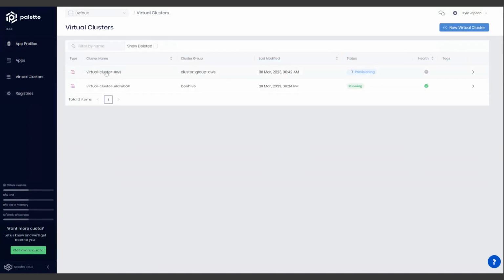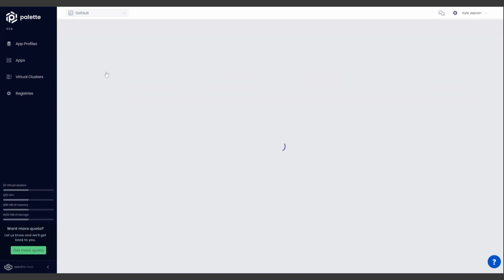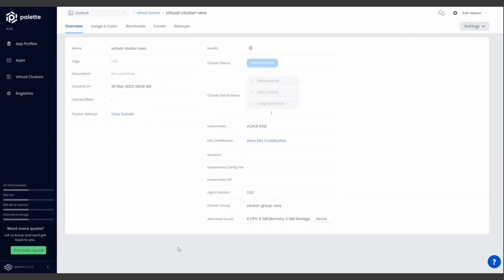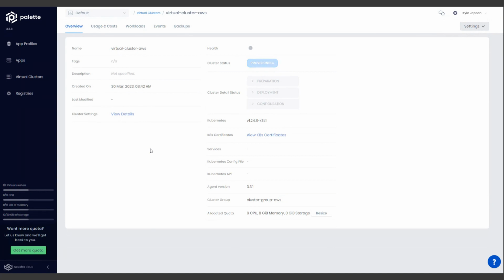But this virtual cluster just got kicked off, and this is going to be a cluster inside of the cluster that we already provisioned just a few minutes ago. So as this starts to get healthy, I'll pass it back over to Jesse to cover more details of Palette app mode. Yeah, let me share my screen here just a moment.